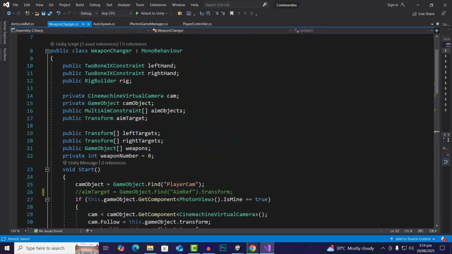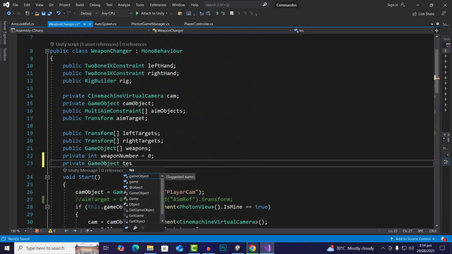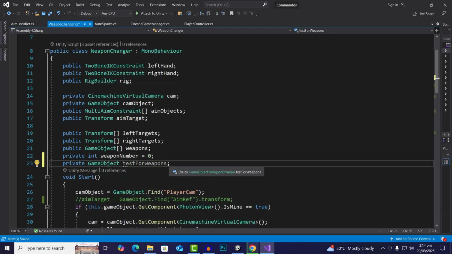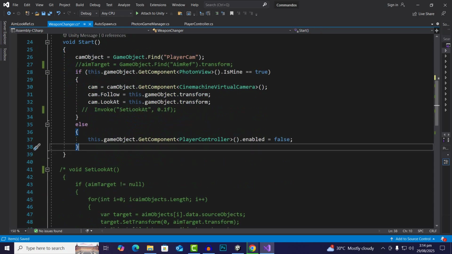Inside the weapon changer script you can see that we have the weapon number, and here we will just create another game object just for testing purposes, and we will say test for weapons, and then we will just create a function,